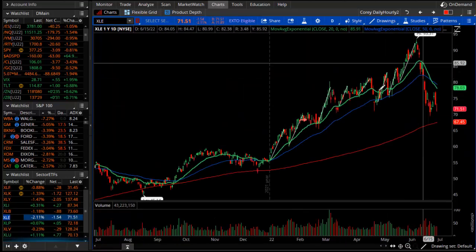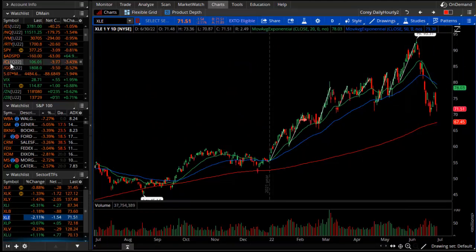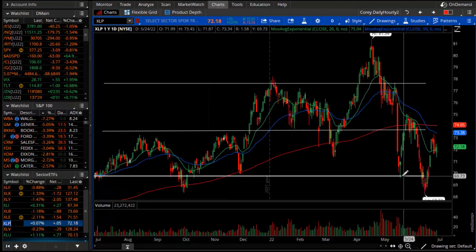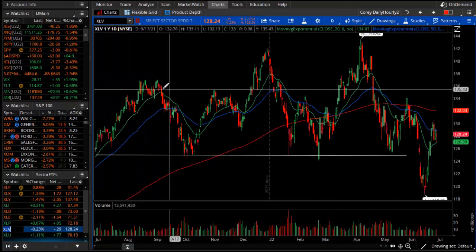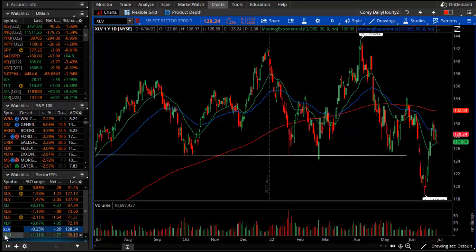E is the only one that has a strange bullish uptrend, and that's in large part because of commodities tied right into crude oil. And then we get the defensive names, such as consumer staples, P, again XLP, and the tradable XLV, which is healthcare. That's a little more of a trading range, sideways, not a trend there.